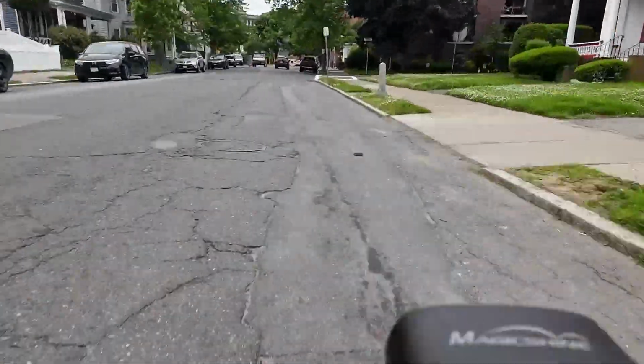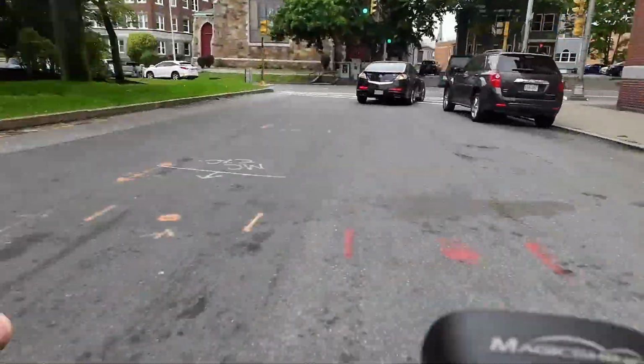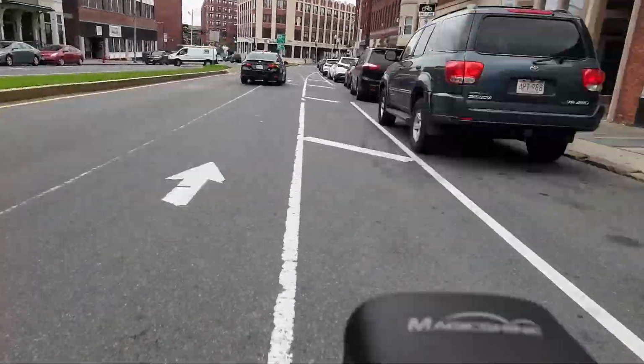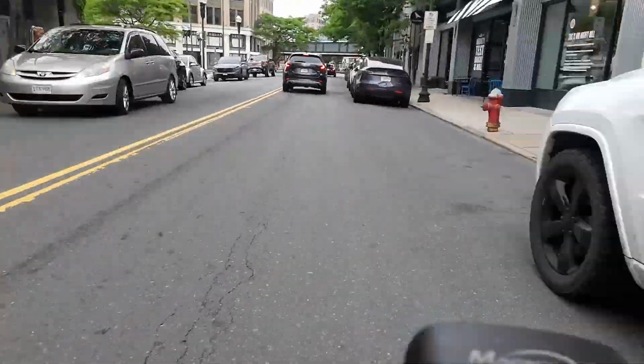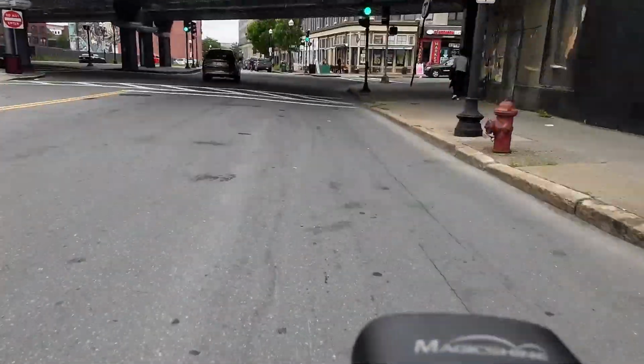So I think I'm going to be able to get my Century ride in there. Maine is very hilly, so there are a lot of climbs in there, and just trying to figure out how I'm going to make that happen. So that's the plan, and then I'm also planning on doing some of the southern section, and I'm really, really